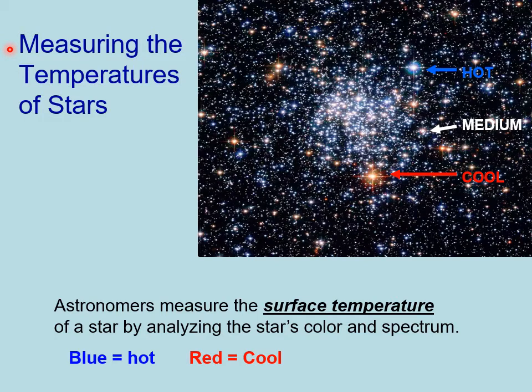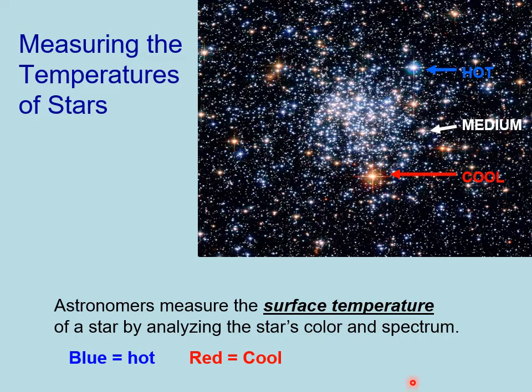So the other property of stars that we're going to use to classify the star is actually the surface temperature of the star. Now, how can we measure the surface temperature of a star? Obviously, we can't send a space probe with a thermometer and actually reach one of the stars. Remember, the closest star is 25 trillion miles away. So instead, we can measure the temperature of a star precisely and indirectly by looking at its color and its